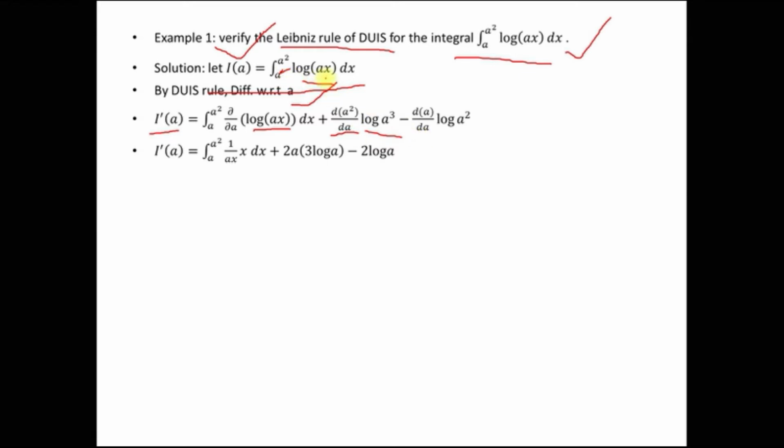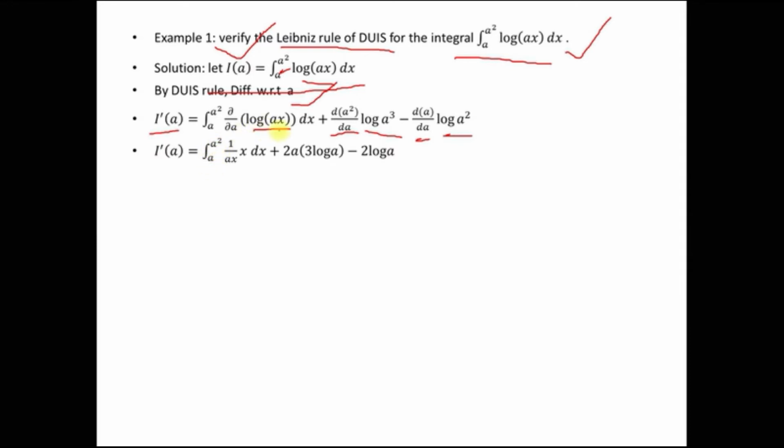minus, similarly, we are going to put the lower limit in place of x. What is the lower limit? A. So a into a is a square, so it is log of a square, and we are going to differentiate this lower limit with respect to a. So let's simplify it. It becomes I dash of a is equal to integral from a to a square,